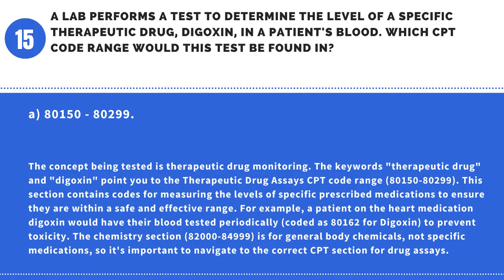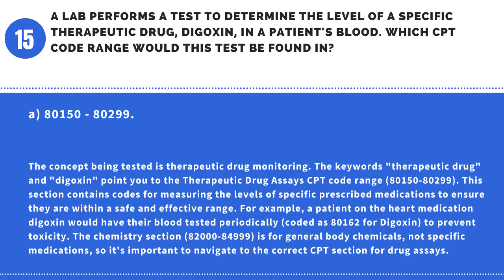and effective range. For example, a patient on the heart medication digoxin would have their blood tested periodically, coded as 80162 for digoxin, to prevent toxicity. The chemistry section, 82000 to 84999, is for general body chemicals, not specific medications, so it's important to navigate to the correct CPT section for